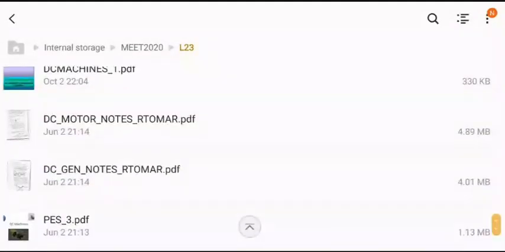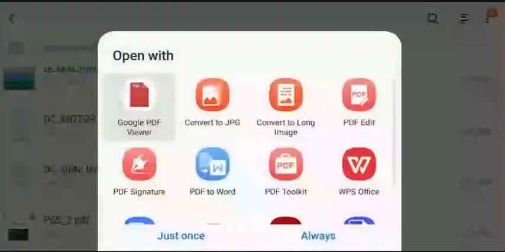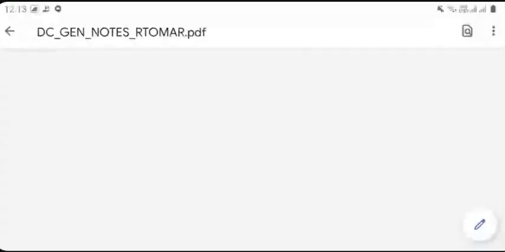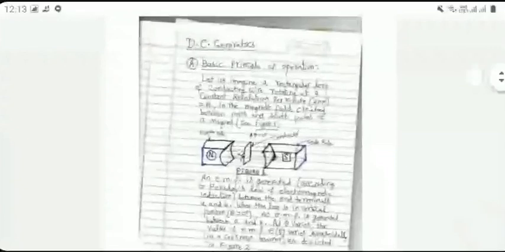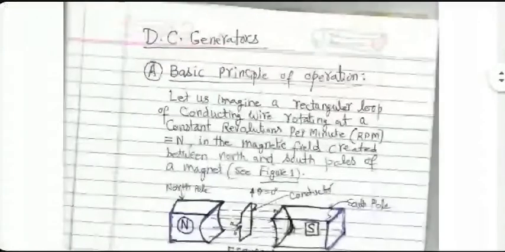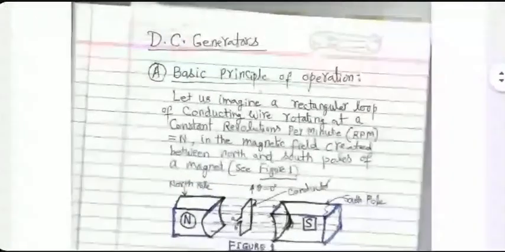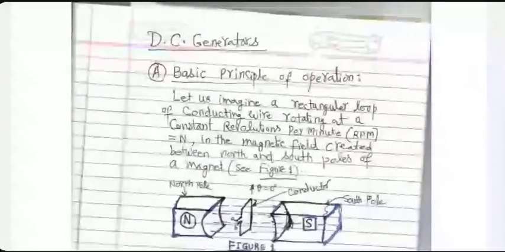Now let's get back to DC generators slightly more in detail. The basic principle, as we have already seen, is rotation of a conducting loop in magnetic field.